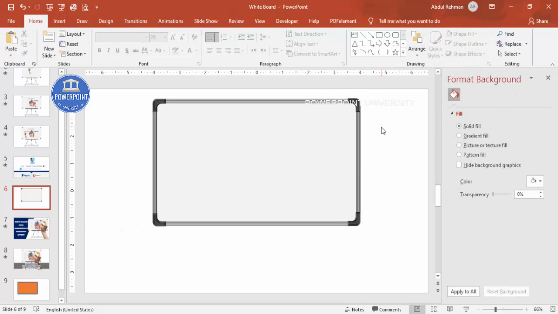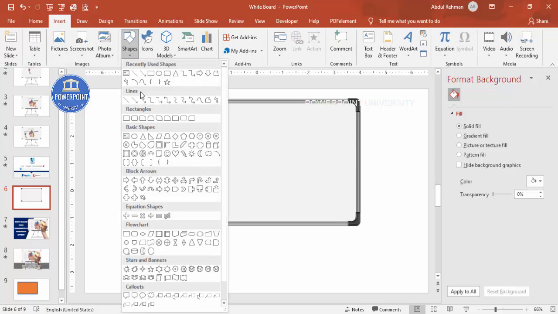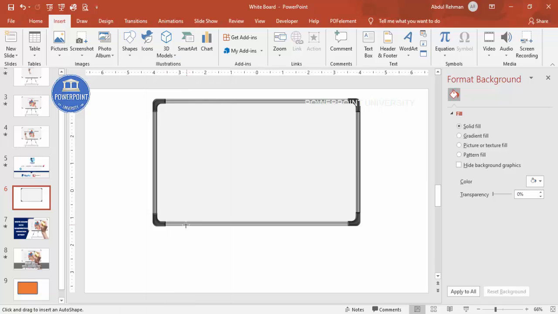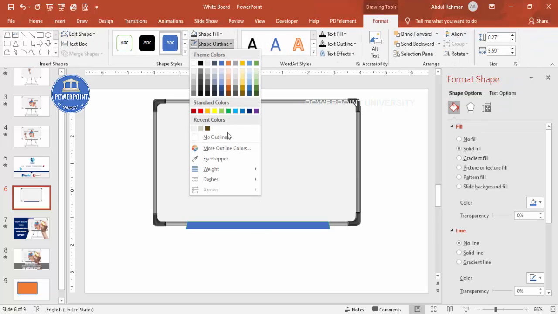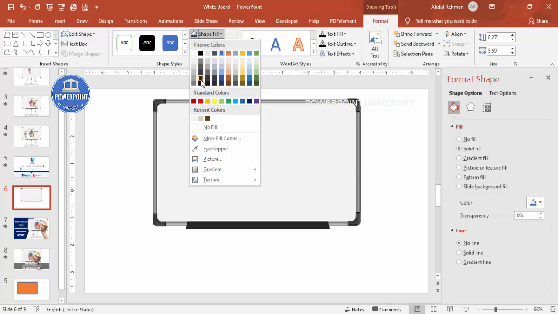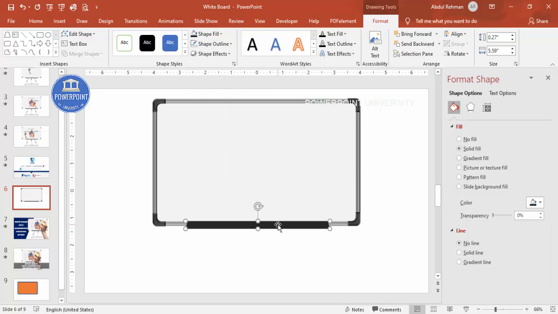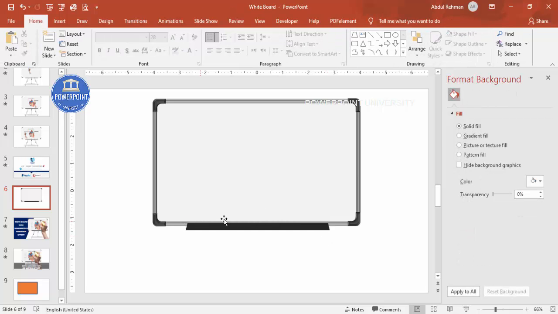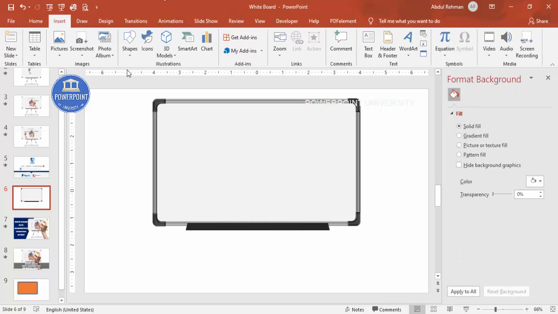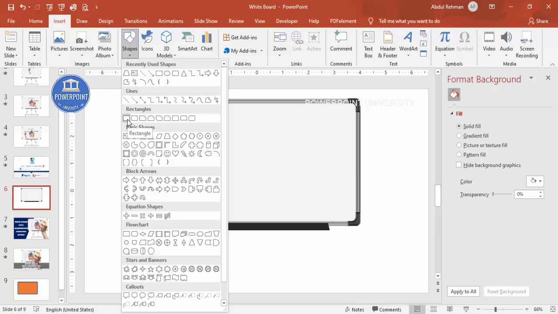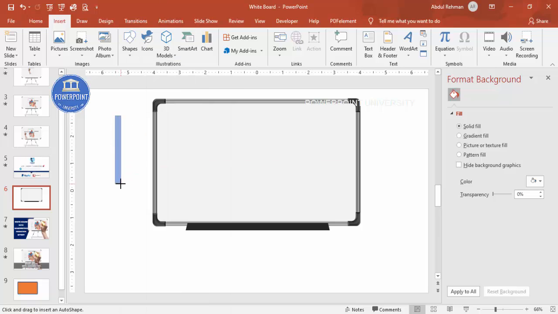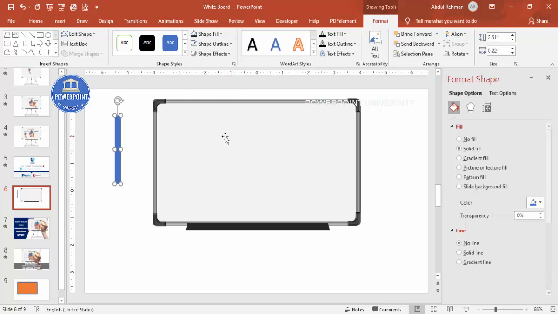Alright, so you can see here it looks like kind of a whiteboard now. And let me just insert one trapezoid, draw one small trapezoid, maybe this much size. Shape outline, no outline. Shape fill, I'm going to give some more dark color here. Alright, and then we need to draw the legs. For that, go to insert shapes. I'm going to select the rectangle, draw a rectangle, shape outline, no outline, and I'm going to select some gradient